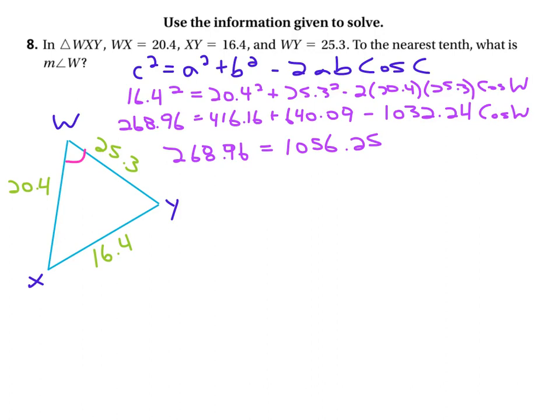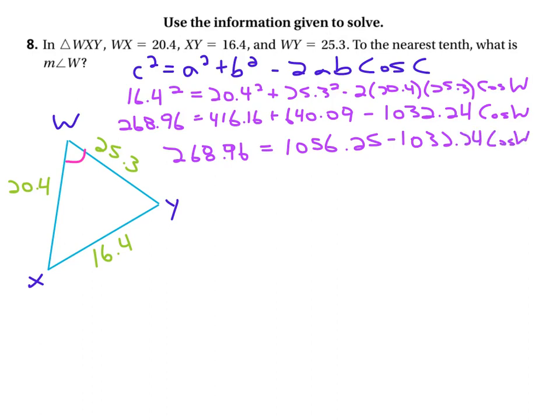Now you will be tempted to subtract 1032.24 from it. Terrible idea. Because that doesn't say 1032.24 all by itself. It says 1032.24 times the cosine of w, and you can't just forget that that's there and pretend like it's just a constant. So we continue, minus